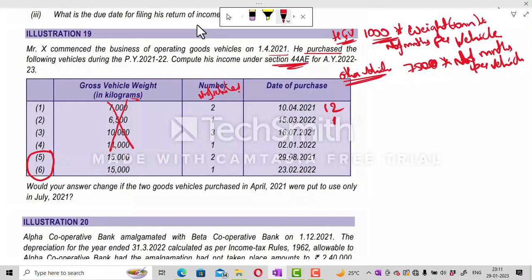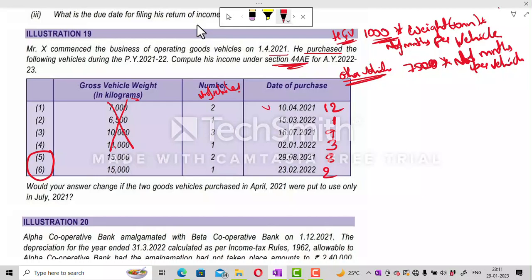And here it is 16/7, from when it is 4, 5, 6, 3 months they have not used, means 9 months they have used. And from April to January, 3 months they have used this. We will write for this also. August, September, October, November, December, January, February, March, 8 months. 23 to February,